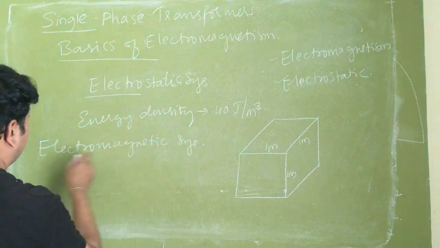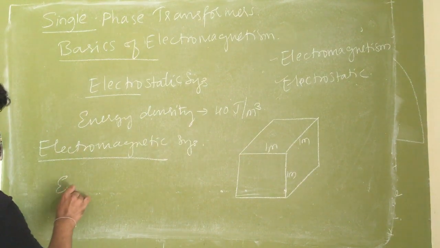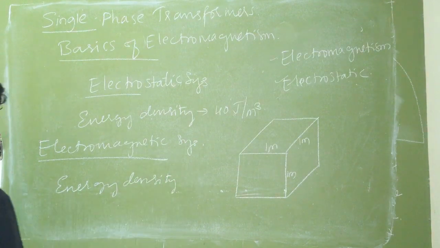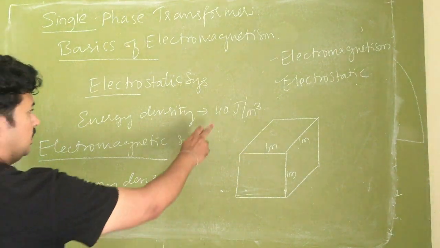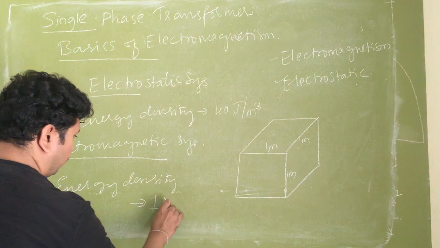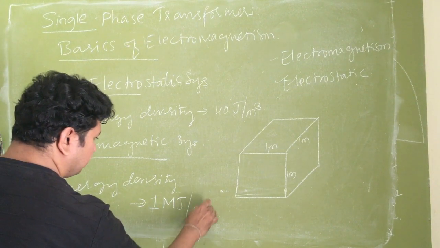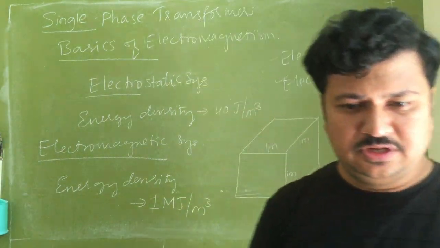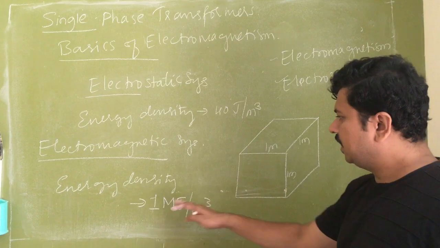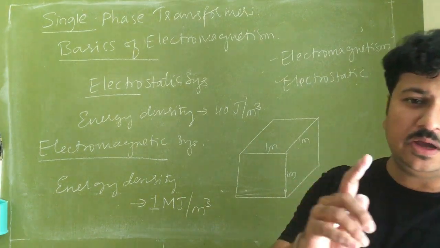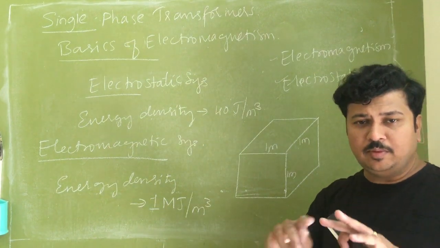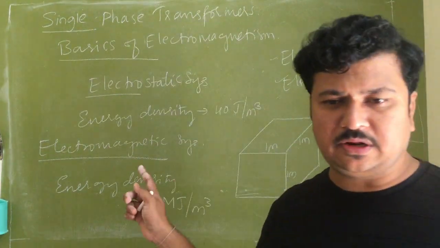Electromagnetic system, its energy density is, you simply cannot imagine how large it is. It is not 40 joules per meter cube, it is 1 megajoules per meter cube. 40 joules per meter cube is the electrostatic system's energy density, whereas the electromagnetic system has 1 megajoules per meter cube. Now if I create an electromagnetic field of 1 meter by 1 meter by 1 meter,